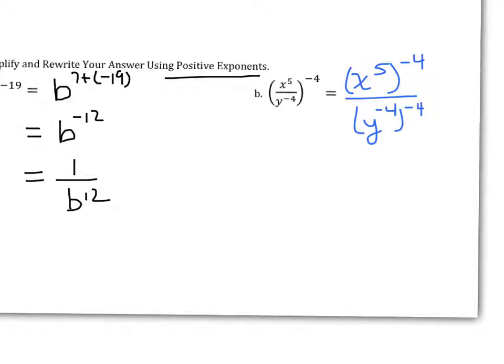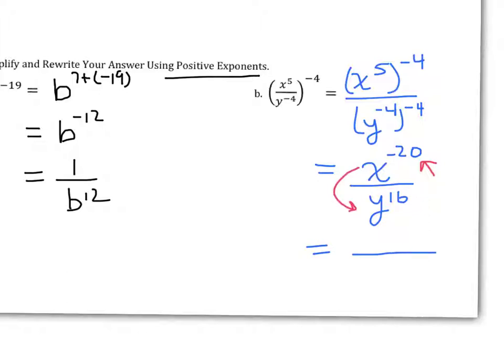Of course, this is a power rule, and so whenever we raise a power to a power, we multiply the exponents, so that'll give us x to the negative 20th over y to the 16th. And then last but not least, I have to make sure that my exponents are positive. This one right here is not positive, so in order for me to make it positive, I need to move it to the denominator. And so my solution is not only going to have that y term in the denominator,